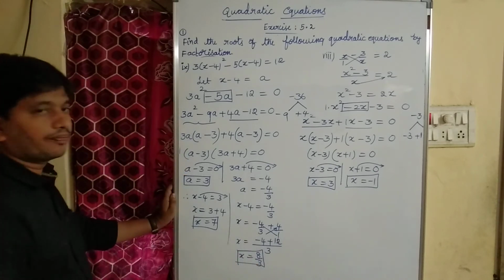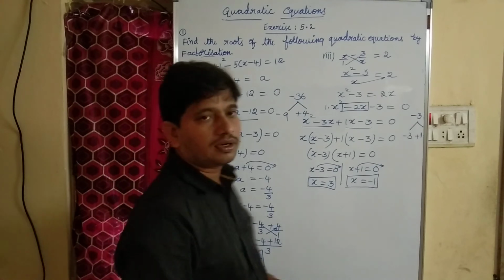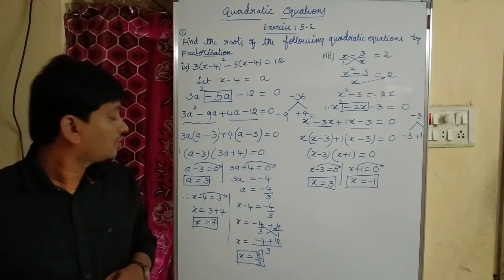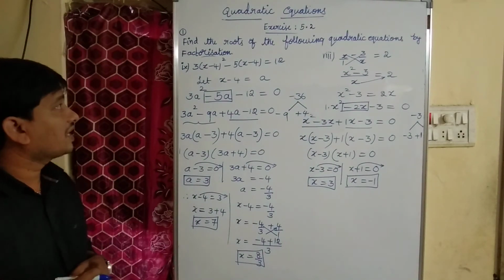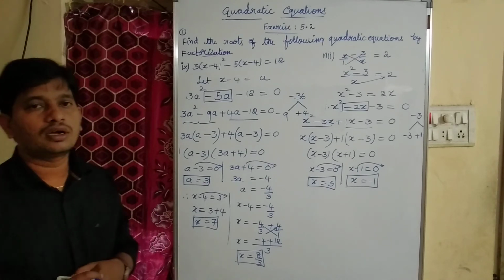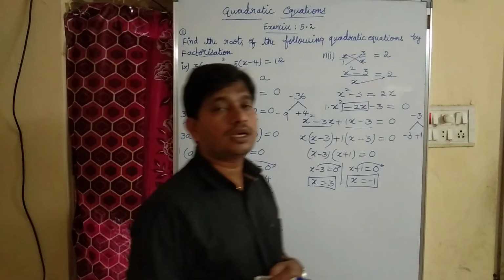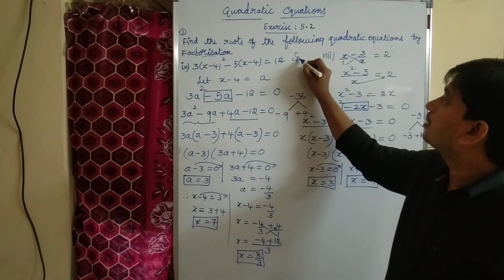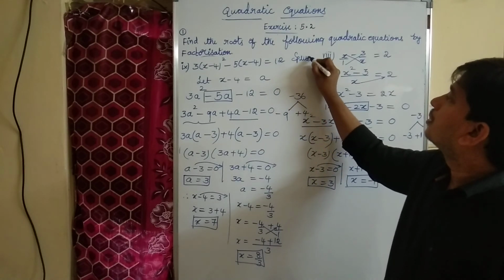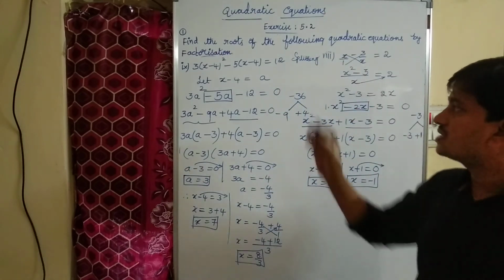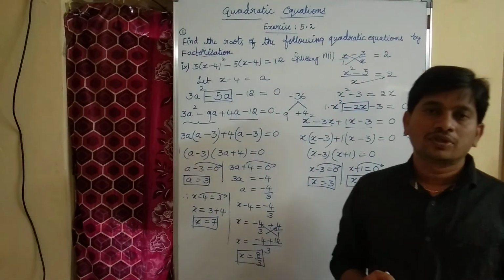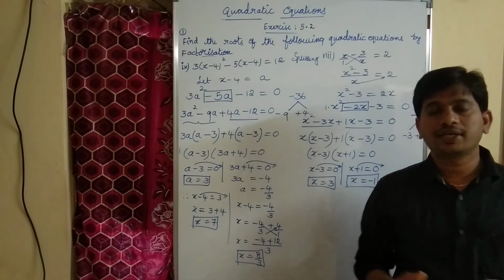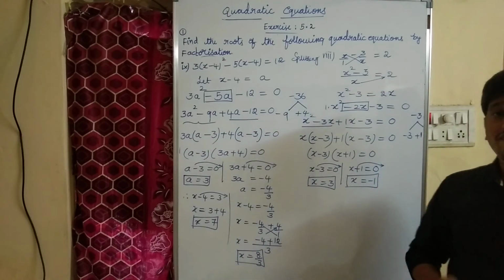So what are the factors, children? The factors are x equal to 7 and x equal to 8 by 3. These are the possible factors of 3 into (x minus 4) whole square minus 5 into (x minus 4) equal to 12. Children, I hope you understood the first bit, how to find the roots of quadratic equations by using factorization. We can also call it splitting the middle term, as we are splitting the middle term, right? So this is the first method, children. After watching the video, again you practice, so that this concept is very clear to you.